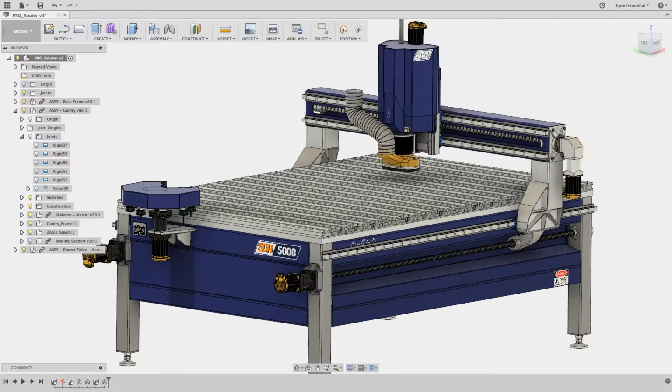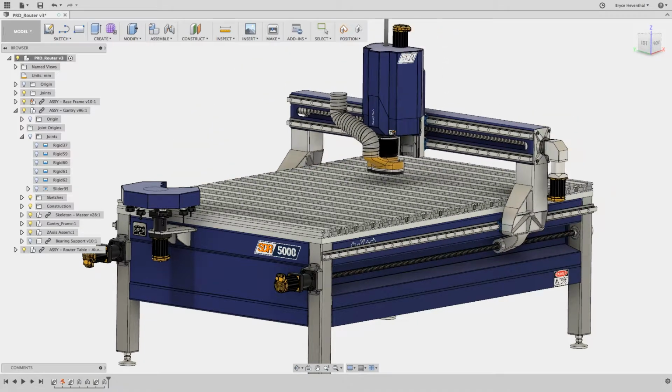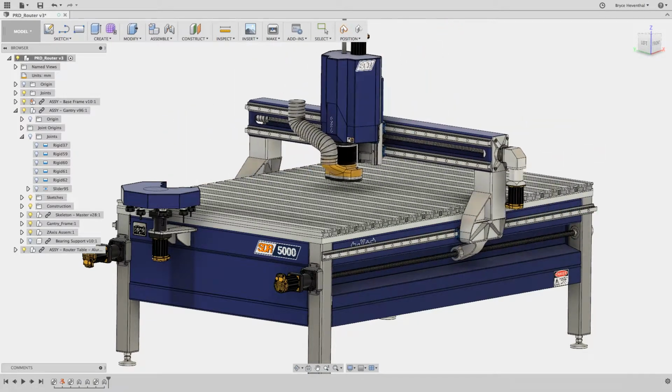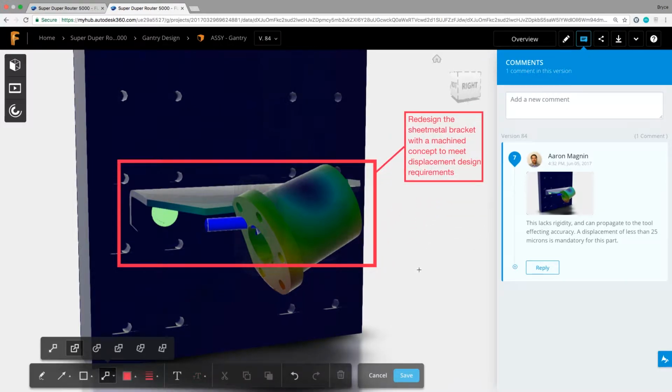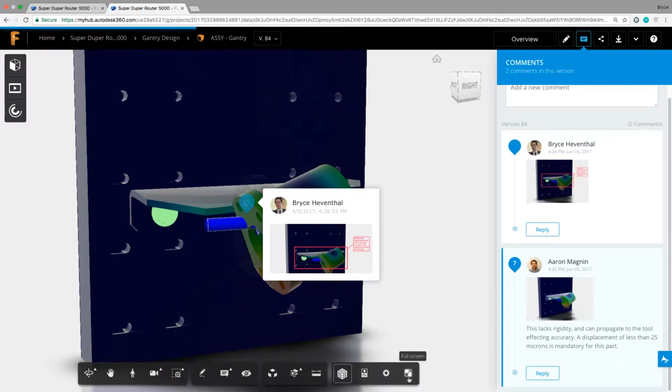In this example, the engineering team has been challenged to improve the performance of this router while maintaining the cutting accuracy of this design. One of the ideas the team is considering is reducing the weight of the bracket that connects to the Z-axis subassembly. This will allow the team to change to a motor with lower torque, which will reduce the cost of the